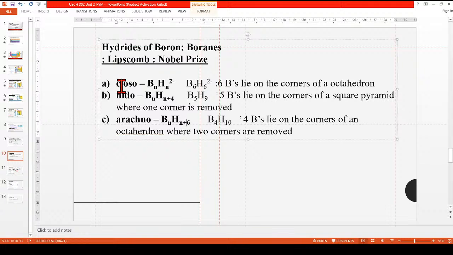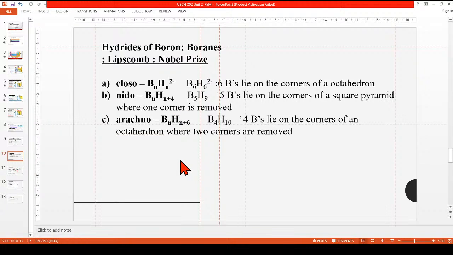this is classification. Just in classification, remember closo is BnHn 2 minus. At least remember nido and arachno. Nido is BnHn+4, arachno is BnHn+6. Okay, this study of hydrides of boron was done by scientist Lipscomb, and he got the Nobel Prize